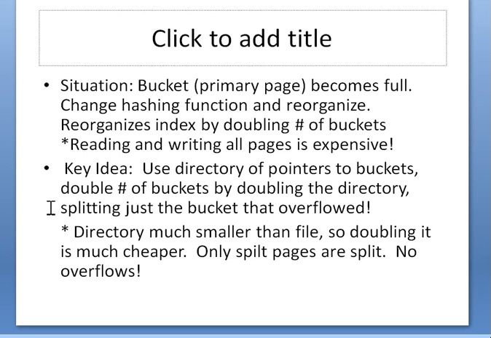Let's say I'm looking for record number 4. What is the hash function? 4 mod 4, that is equal to 0. I will go to bucket 0. If the primary page is full, then I will just check the overflow pages of that bucket. I have to keep on checking all the overflow pages till I find my record with search key 4.